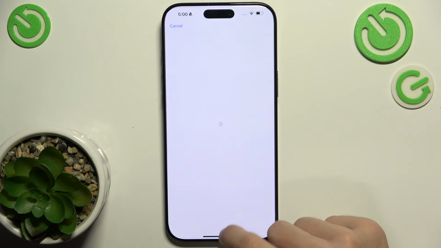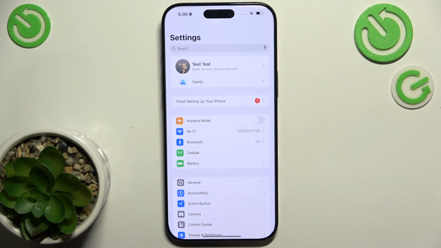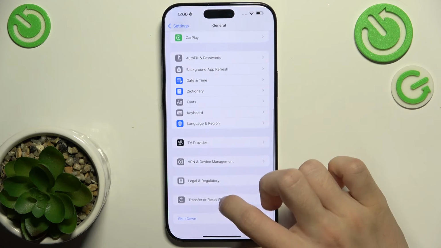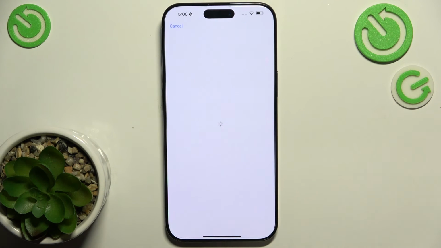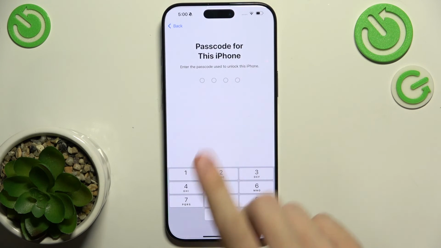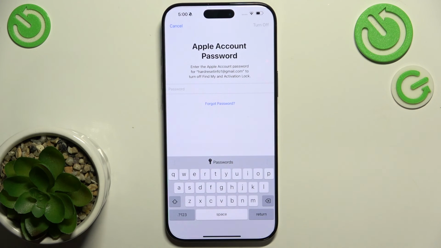and it's still stuck on loading, try to turn off settings, then turn it on again, go to General, Transfer or Reset iPhone, then erase all content and settings, and as you can see, it gets me to the next step. So I can click on Continue, erase iPhone, then I can enter the passcode for this iPhone, then it will backup, and then I need to enter my Apple account password, then click on Turn Off, and I'll be able to